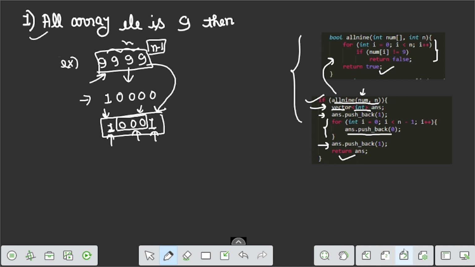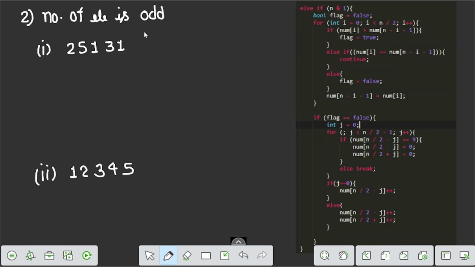Now let us discuss the second case, when the number of elements is odd. For some time let's ignore this code because the code is very lengthy, but it is very easy to understand. First we take an example where the number of elements is odd.